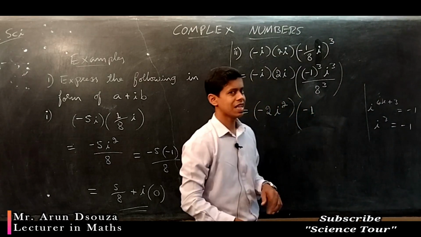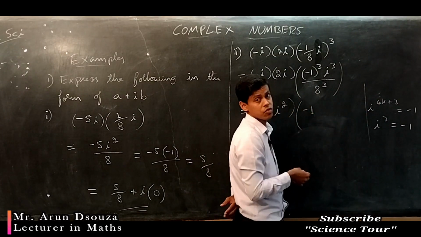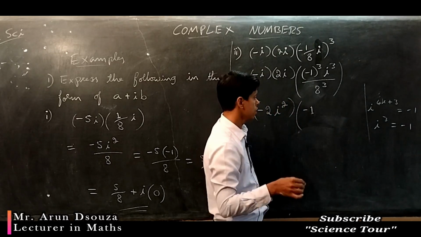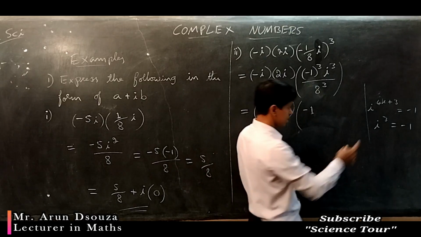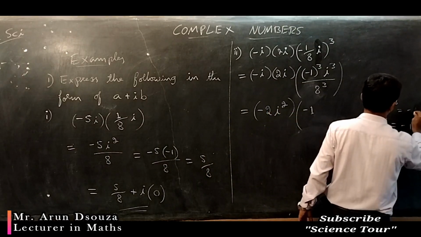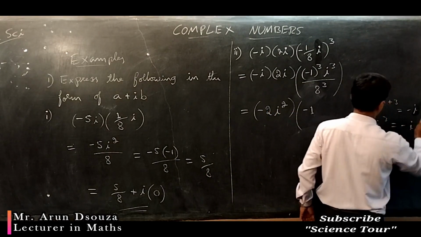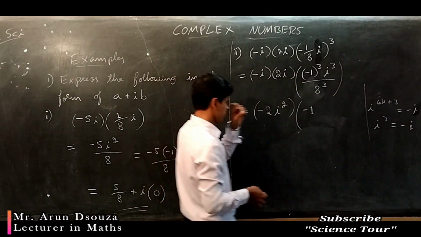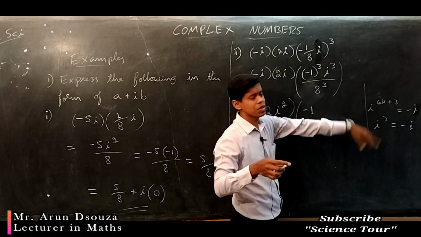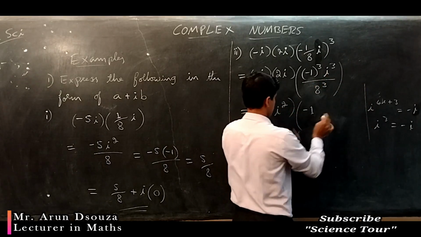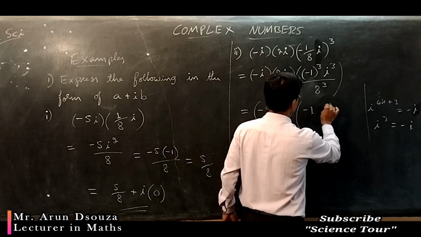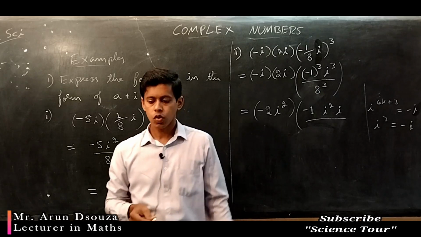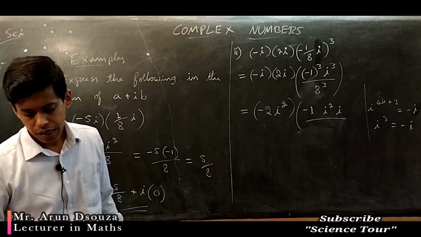Alright, so if you don't remember the formula, how will you do it? What is i cube? This is minus i, correct. Okay, the last one, so that is minus i. So i cube, if you don't remember that formula, how can we do it? You can write this as i square into i, correct? Okay, so you can write it as i square into i, and then